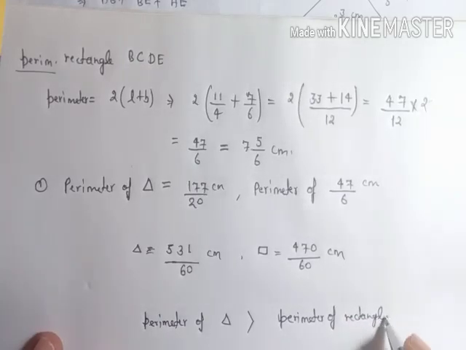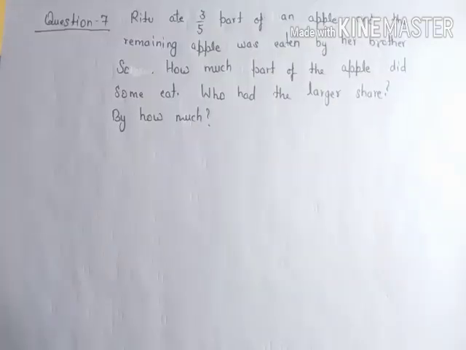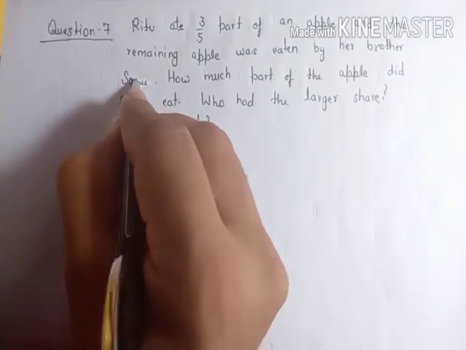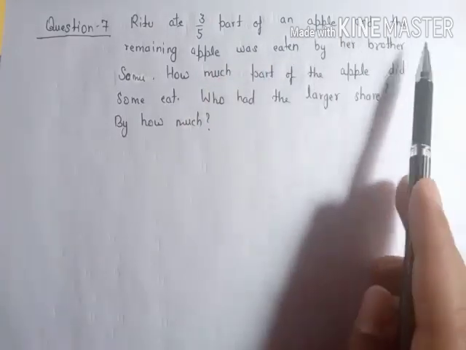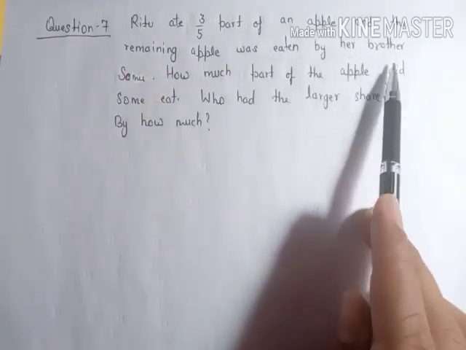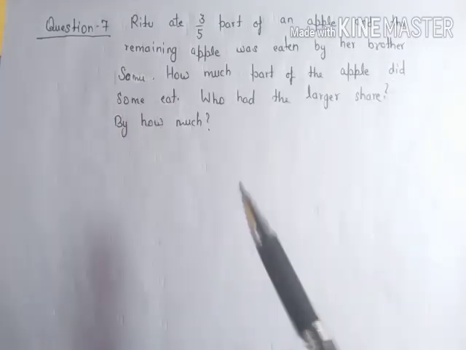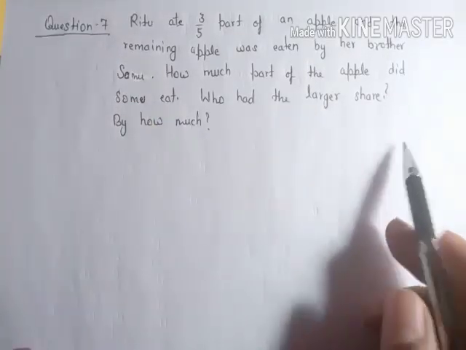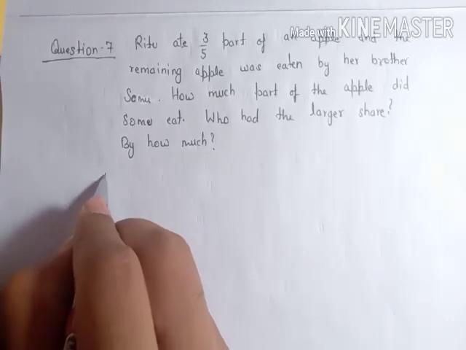Now we have the last question. Our question number 7. Ritu ate 3 upon 5 part of an apple, and the remaining part was eaten by her brother Somu. How much part of the apple did Somu eat? And who had the largest share, by how much? So there is an apple,